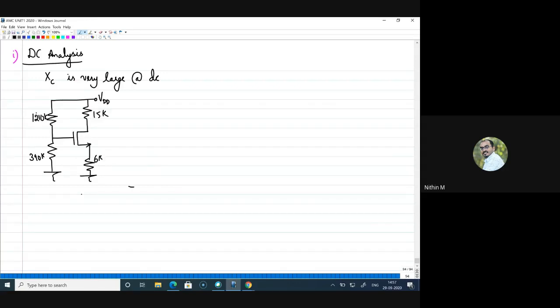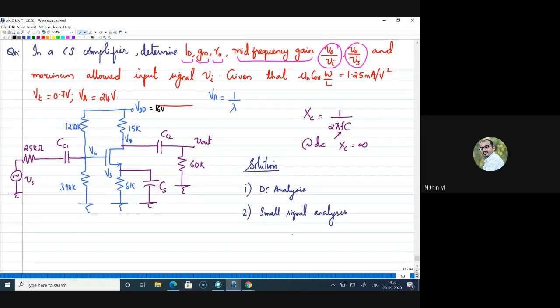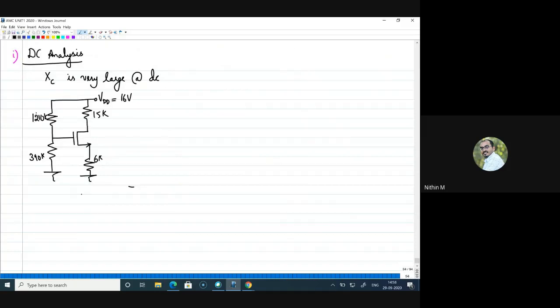Now with this DC, only one voltage is present here, that is given as 16 volt. I don't know whether I mentioned that. Yeah, this is given as 16 volt. Now, what is the first step? I can find drain current. Such numericals we have already solved in class. So I request you guys to find the drain current through this circuit. So drain current is here. Probably you can assume that is in milliamps. Once you get drain current, you can find GM, then you can find R0, then all the small signal parameters are done. Then you can go for small signal analysis. So can I get answers? Can you guys try out and find what is the drain current? Or do you have some questions?